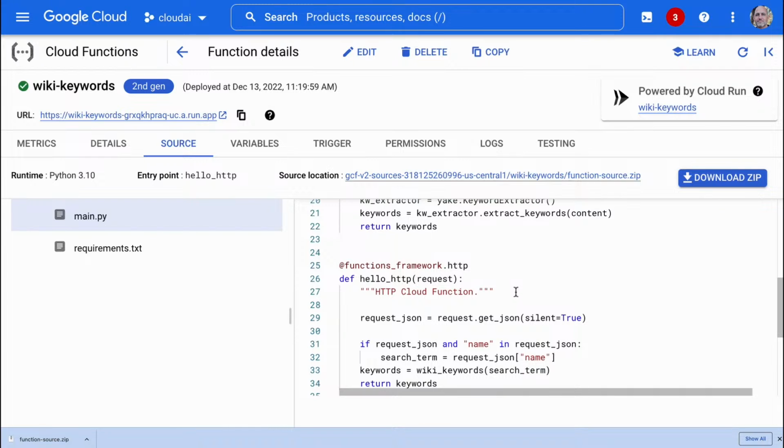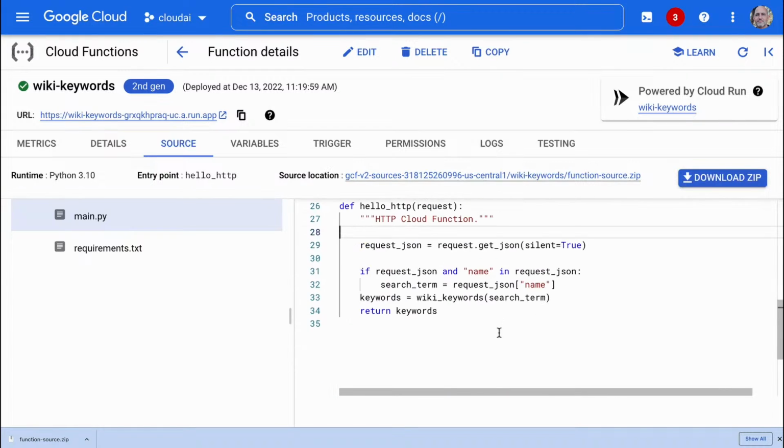I mean, we could start with if request and name is equal to, we could either do a hello world or just start again. Let's start again for a second.